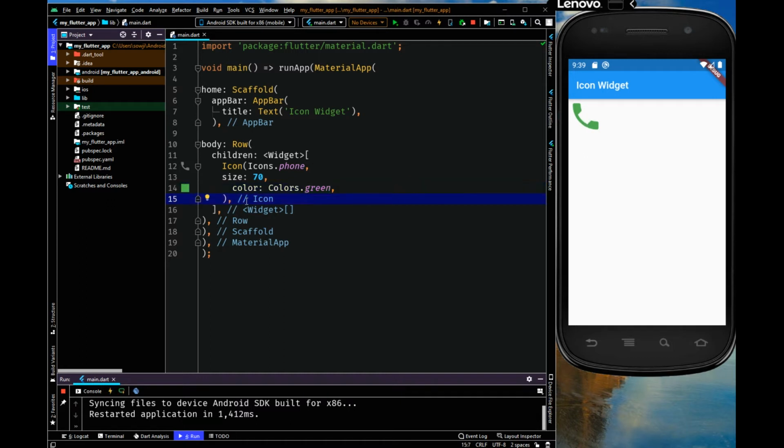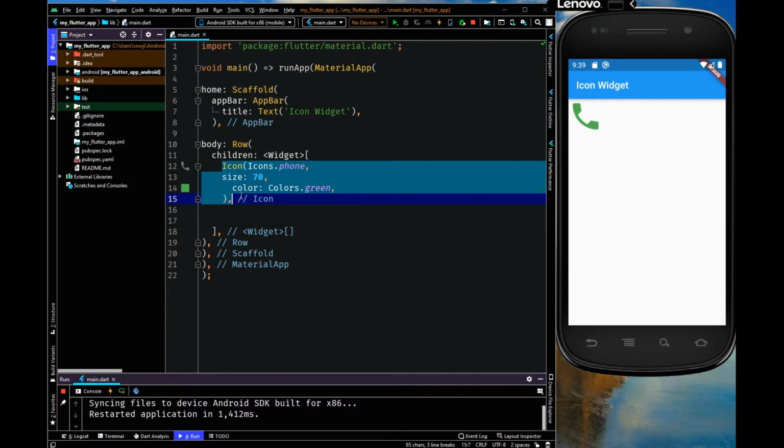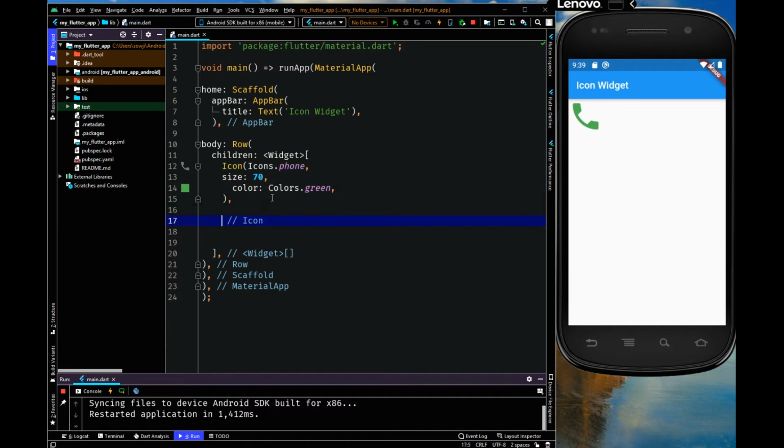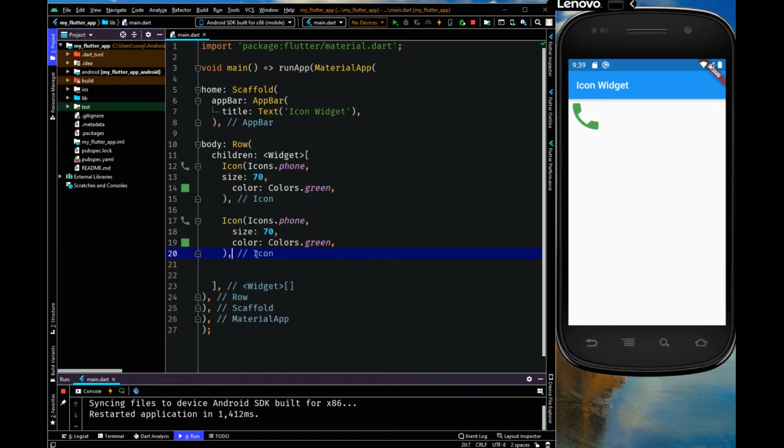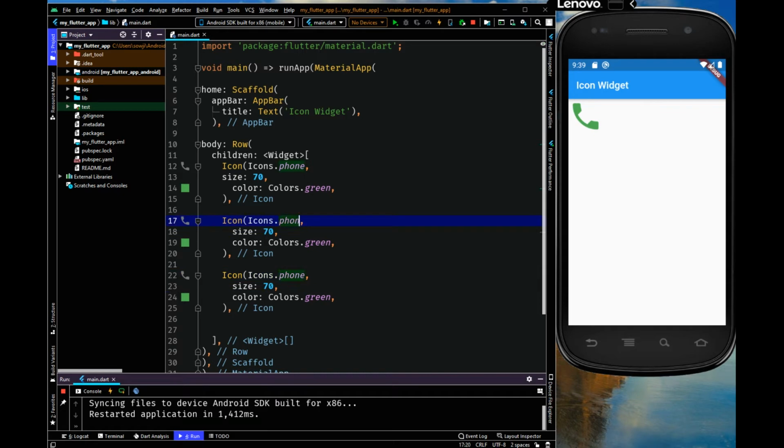And similarly you can add any icons. Let me copy this and I'm going to paste it twice. And I will just rename this icon name to email, and I'm just changing the color to blue.